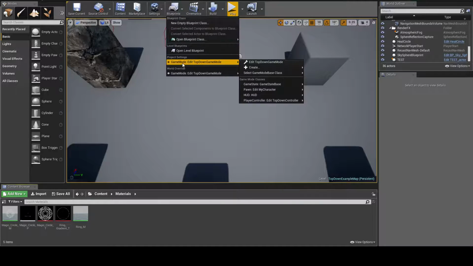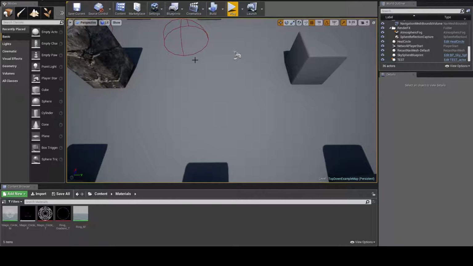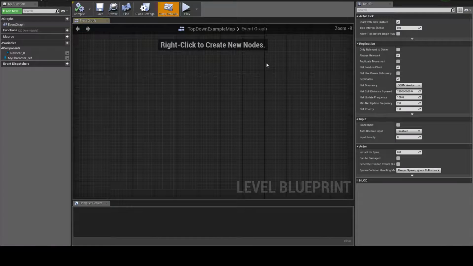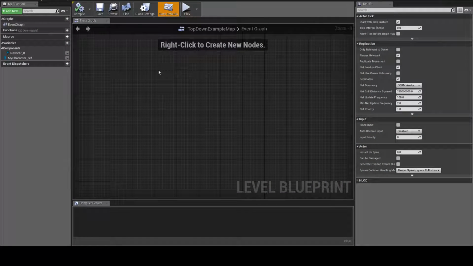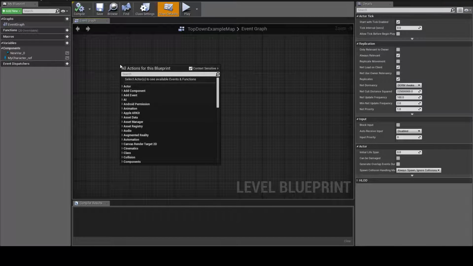For simplicity's sake, I'm just going to do it as like a level thing. The entire map, this entire program will read this data. It's called the level blueprint, so everything that functions within this level will be able to access this information. In reality, we're not going to do it this way, but for demonstration purposes, let's do, whenever I hit